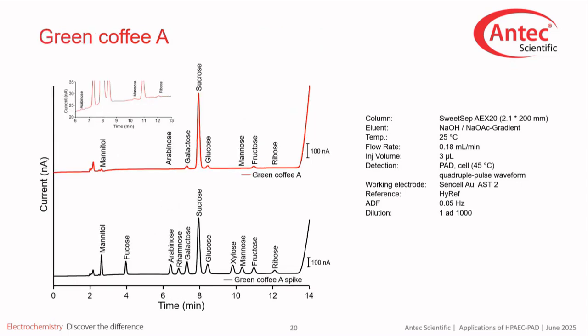So what we see in the green coffee beans, which means a non-roasted coffee bean, is that sucrose dominates the carbohydrate composition. During the roasting process, the Maillard reaction causes its concentration to decrease in comparison to others. However, all the compounds that we observed in the roasted coffee are also present here. Mannitol, arabinose, galactose, sucrose, glucose, mannose, fructose, and ribose can be seen as well. Therefore, we can distinguish coffees based on their